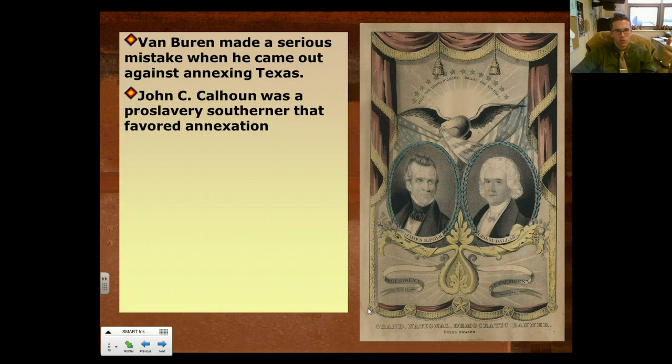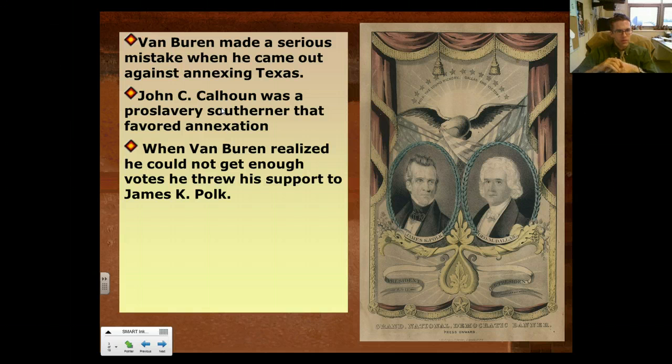John C. Calhoun is a Democrat. He's in favor of annexation. All right, he's a very strong pro-slavery candidate here, and we'll look more at John C. Calhoun. He used to be Jackson's vice president, the guy with the whole nullification issue. All right. So what happens is, Van Buren sees, okay, I'm not going to be able to get enough support, so he puts his backing to this guy James K. Polk,